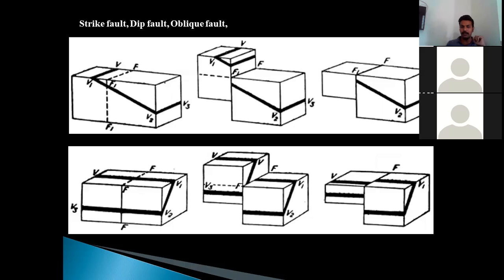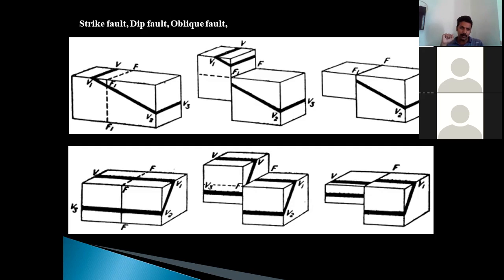Now we'll see the geometric classification. In geometric classification, we have the strike fault, dip fault, and oblique fault. See, you must not get confused with the genetic classification's strike slip fault, because there it is strike slip. Here it is only strike fault. That was dip slip, but here it is only dip fault. Okay, there it was only oblique slip in the genetic classification, whereas here, it is only oblique fault. So as I told you, the geometric classification has been done with respect to the interrelationship with the surrounding feature. So if you want to classify this type of fault, you must compare it with the surrounding feature. Here we will consider the bed.